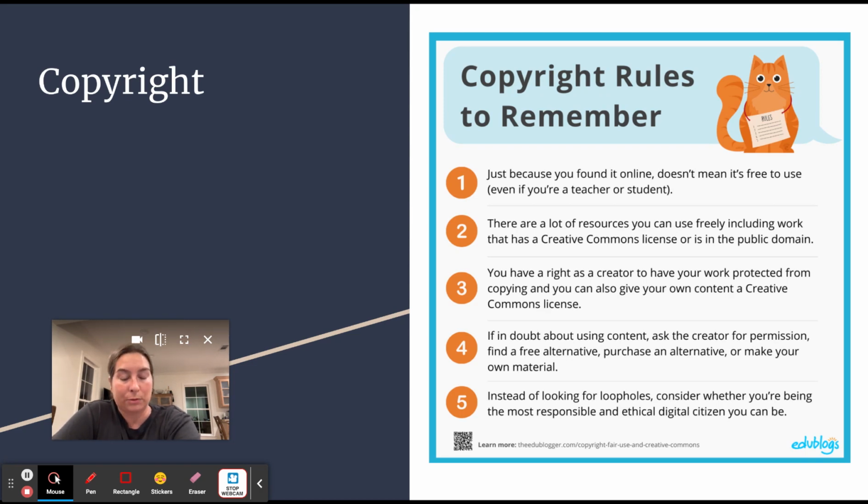A lot of times making your own is going to be time consuming, but it's better than using something that you did not create. Number five, instead of looking for loopholes, consider whether you're being the most responsible and ethical digital citizen you can be.